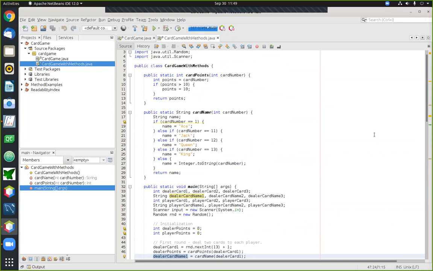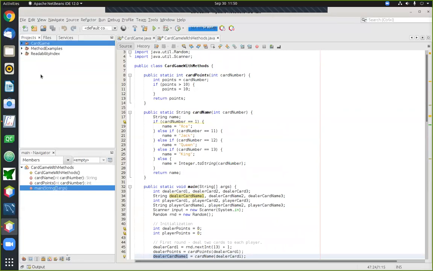Okay, now in each of the examples that we've seen so far, what we've done is we've taken some code that we've already written and we simply have introduced some methods in an effort to simplify the code and clean it up and make it nicer. What we're going to be doing next is something much more typical of what you're going to be doing when you're working with methods. And that is we're going to be writing a program from the ground up, and built into the development process itself will be the use of methods.